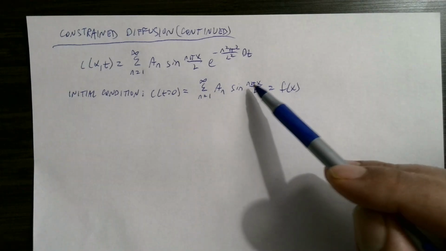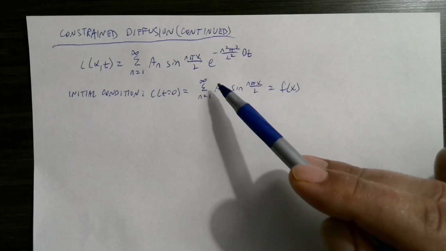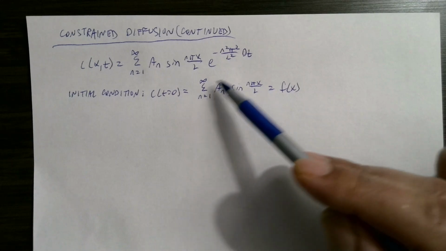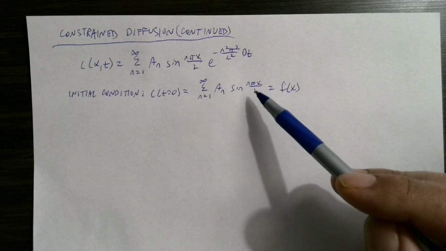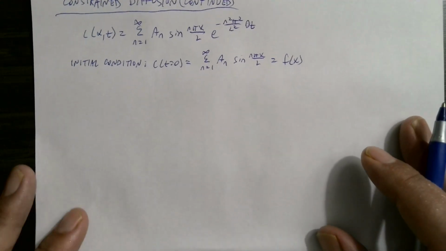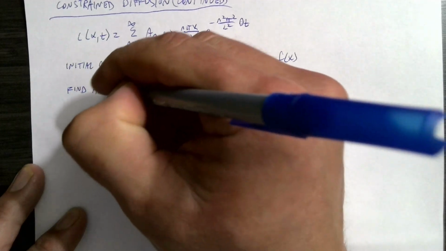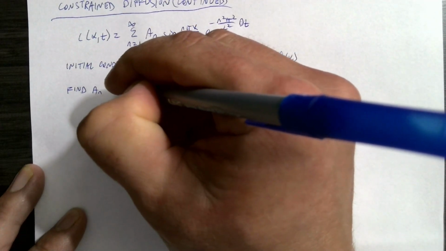term in front of that. And then the second term would be sine of 2 pi x over L, some number in front of that, et cetera, et cetera. And we need the formula for the a sub n, if you will, to make this work. And so the trick that we're going to use to figure out the value of a sub n, so find a sub n using